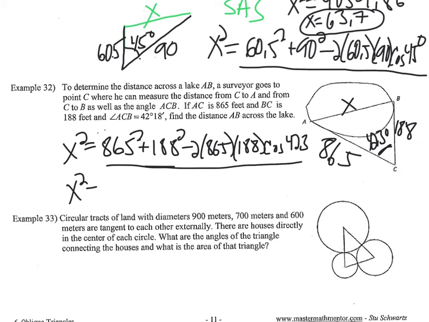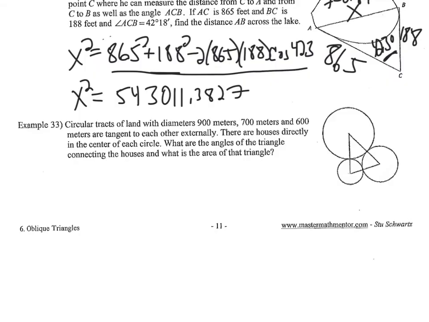So I got x squared equals 543,011.3827. Not that we need all those decimal points. And I'm going to take the square root of that. So I'm getting this distance to be about 736, 737, depending on how you want to round. 736.89 if we're trying to keep my open math happy. All right. Okay, so for this last example,